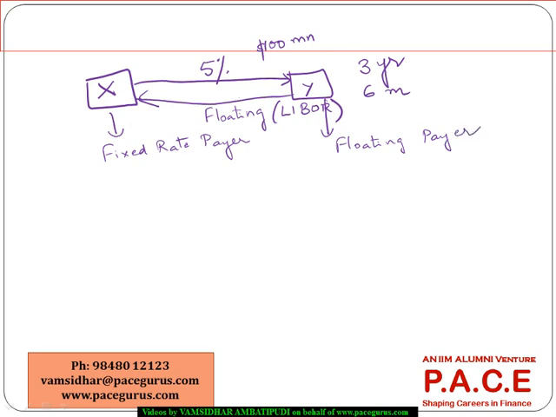So the cash flows are exchanged every 6 months, for a 3-year period. Now, let's assume that on 1st January 2014 the contract was entered into, and the LIBOR on that day, let's say, is 4.5%. Now what we are saying is the